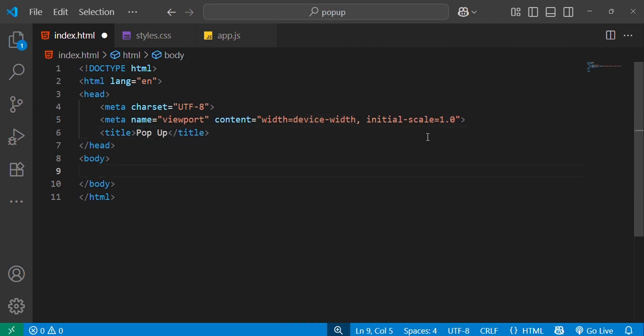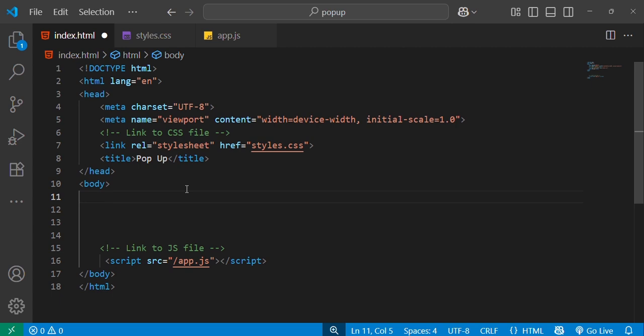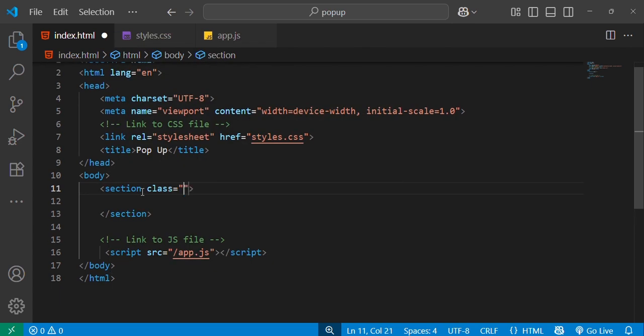I'm going to link the styles, and again I'll come inside the body. I'll link the JavaScript file. Now, we are done with the boilerplate. So I'll start inside the body. I'm going to add a section element. I'll give a class called container. I'm going to add a button